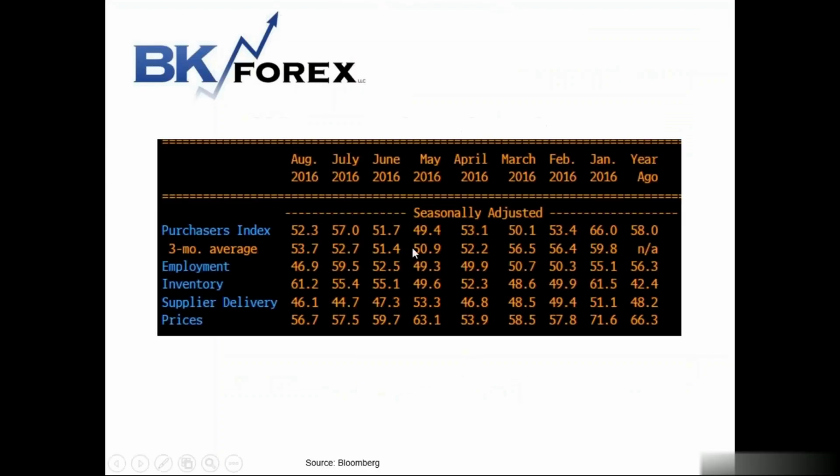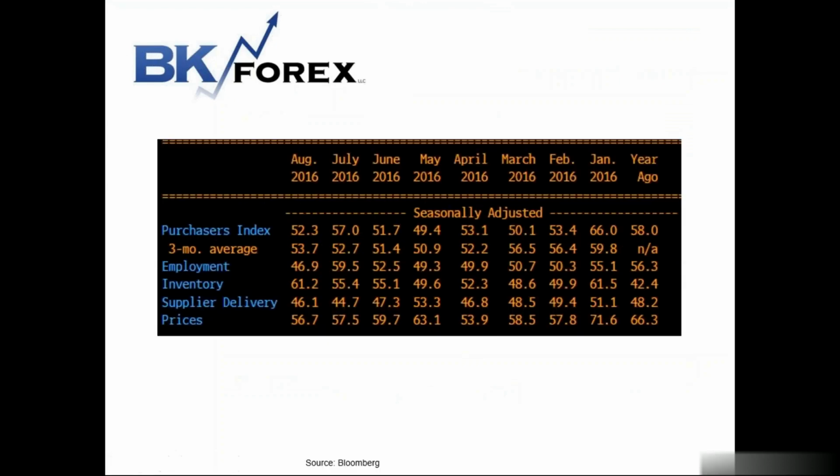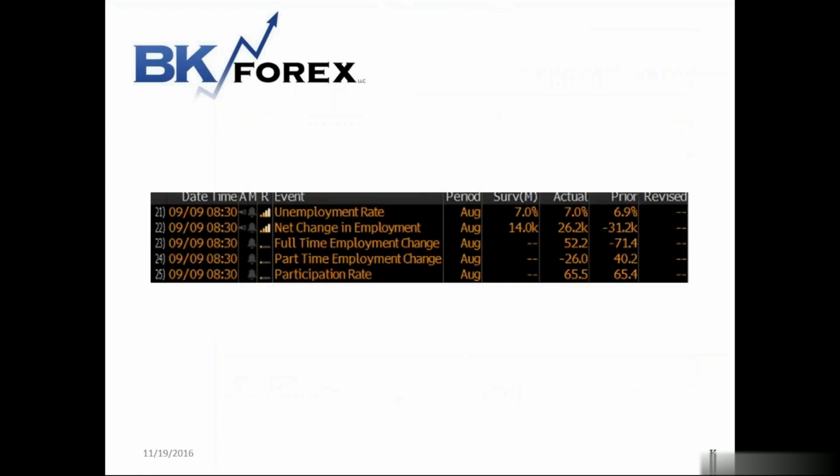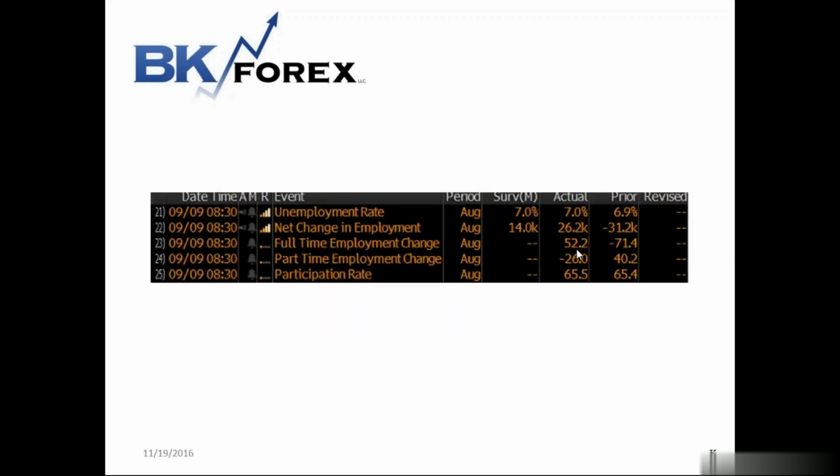So IVPMI this month was weaker. And take a look at this. We did have a stronger number. Oh, I apologize. We have to look one month back, because IVPMIs come up for the latest month. So we always look one month back. So here we look at July. It went from 52.5 to 59.5. So good number. So employment comes out really strongly.